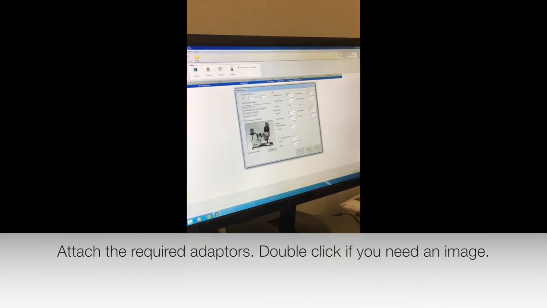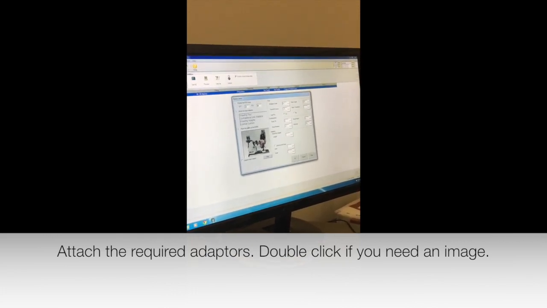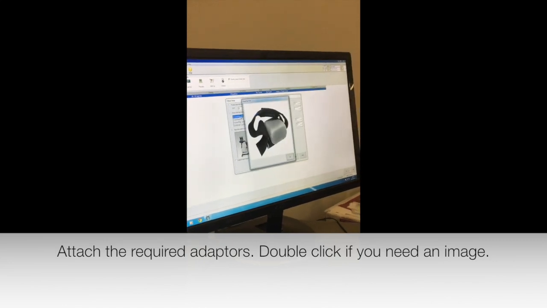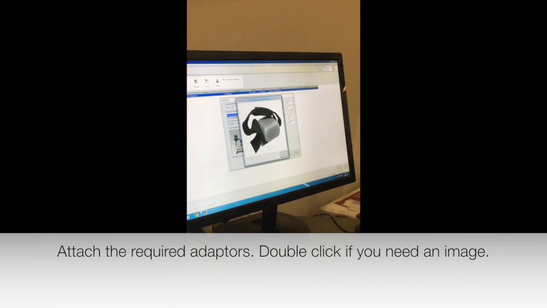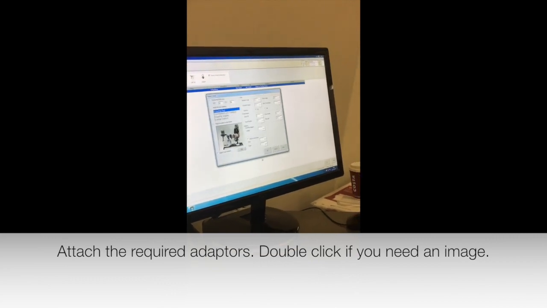It then says attach the input adapters: hip and knee pad, contralateral limb stabilizer, hip and knee adapter, lumbar cushion. If in doubt, double click on it and it'll tell you what it looks like. So it does everything for you, literally. So what you're looking for,